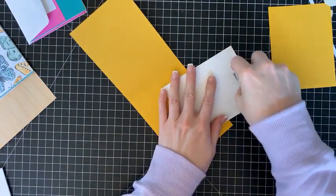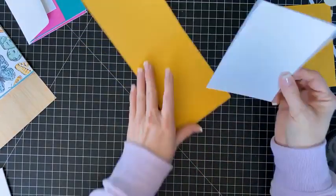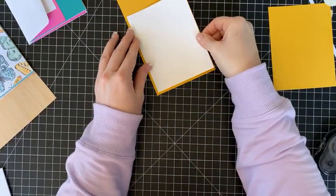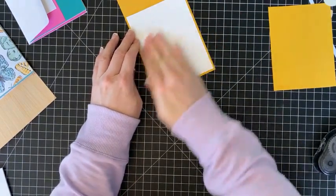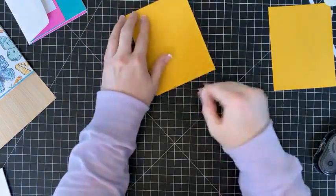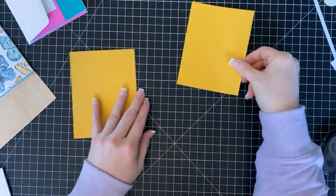I'm going to use snail today. I think this is my last few rolls of snail. So we'll just put that on the inside. And then you can also stamp something on the inside if you want. I don't tend to do that, but you totally can. So then this